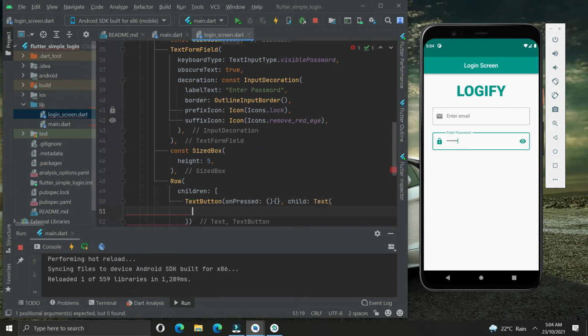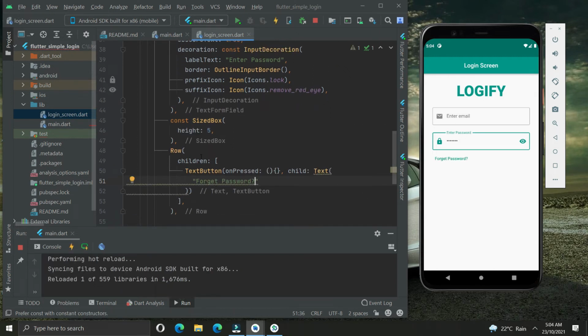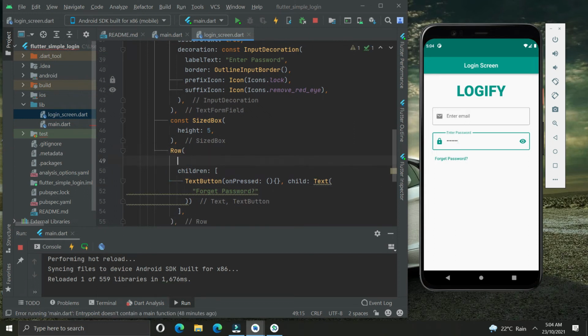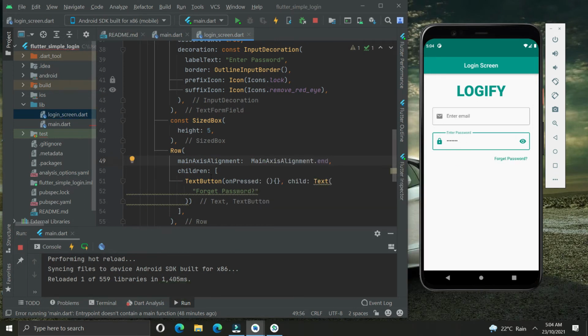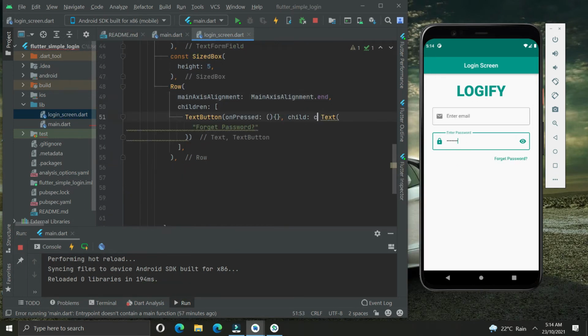In the text we will add forget password. To make it alignment to the end, we will add main axis alignment dot end. Add a const here. Again copy sized box, make a height of 25.